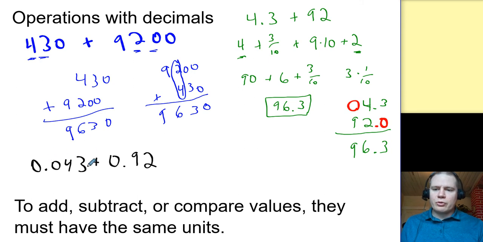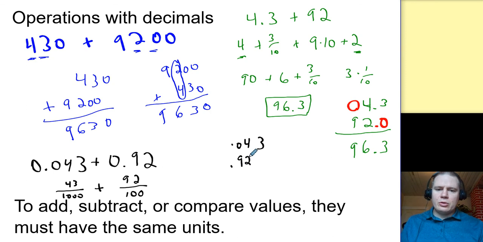That's really 43 thousandths. .92, that's point tenths, hundredths. That's really 92 tenths, hundredths, 92 hundredths. If I line up the decimal point,